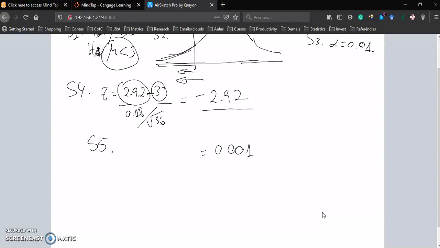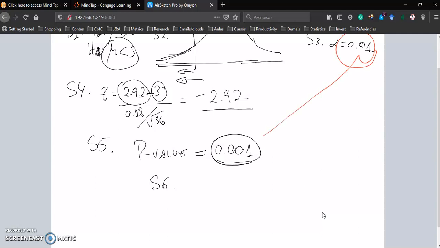P-value is 0.001. The question is, for step 6, is this smaller than this? Yes, it is smaller. So I reject